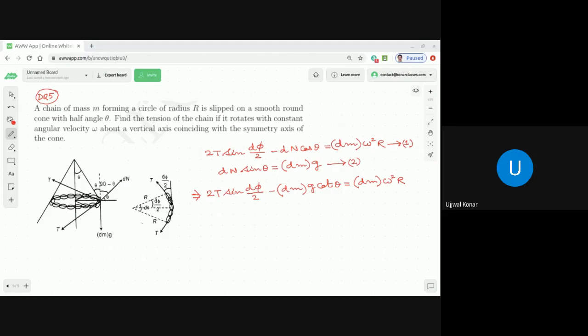So now the point is that what you can do is that, when d phi is very small, d phi by 2 is also very small,